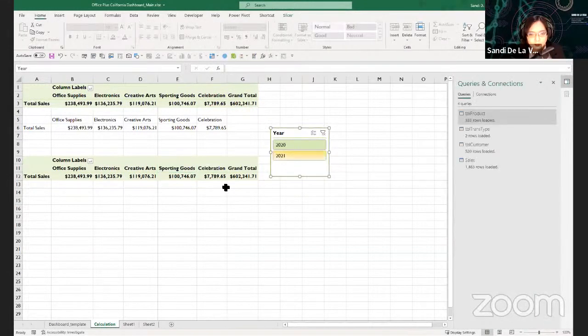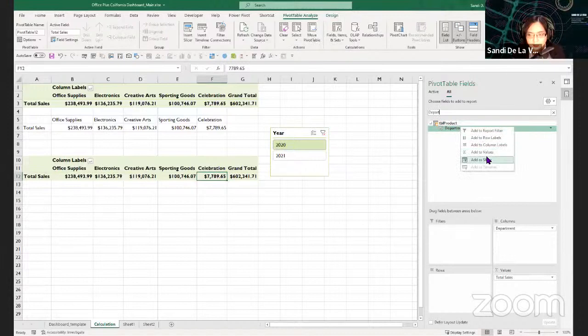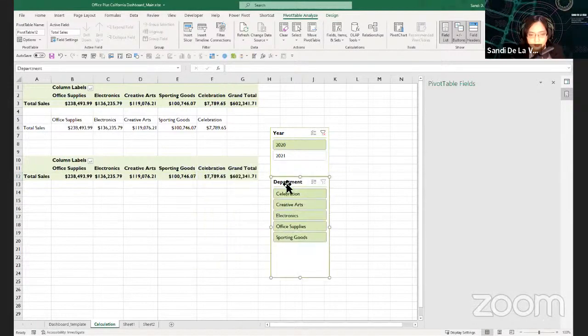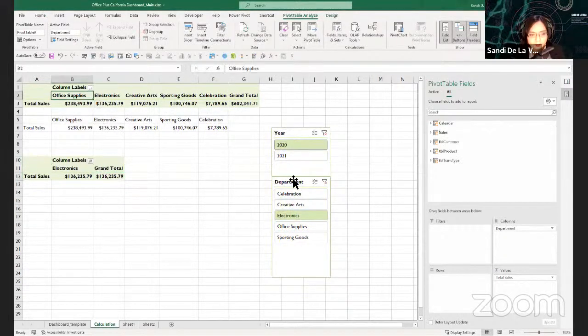What we need is an additional slicer here since we need the KPI to change per department. So find the department, add the slicer. You will now have another slicer for departments. So it will change this pivot table instead of the previous one.